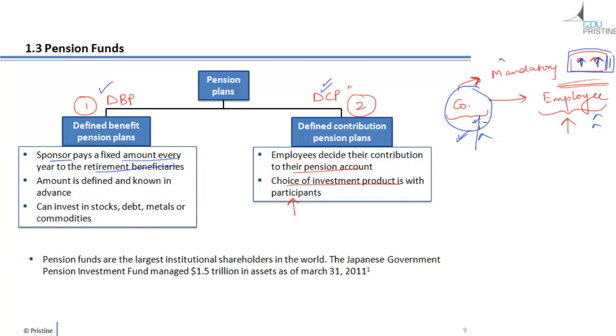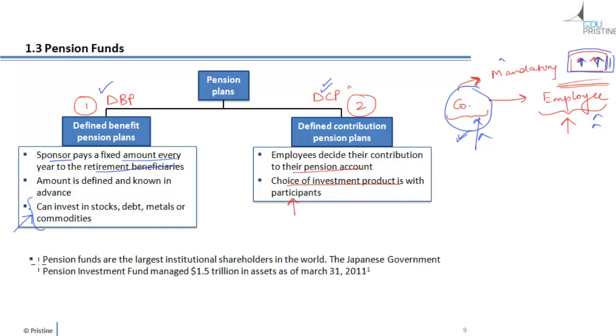Now once it is with the company, obviously a company is in a better position to understand different aspects of a capital market, and hence, not to a great extent though, but still to a little bit extent, the ability to invest into stocks, debt, metals or commodities is a little bit more compared to the defined contribution plan. Now you must be thinking that the size of the pension plan should not be much, because at the end of the day it is only for the workers, that too only at the time of retirement.